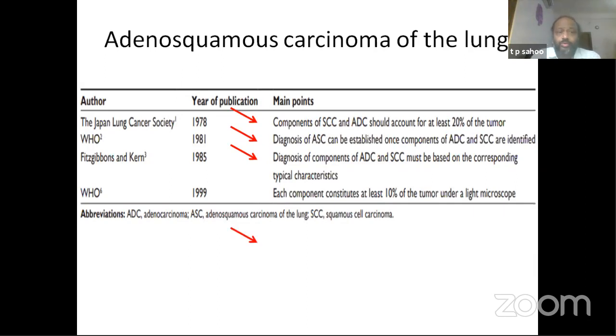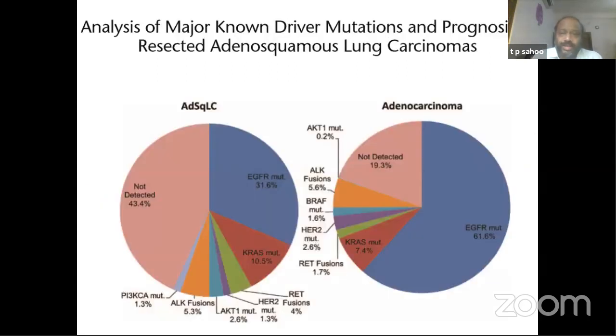But you come back to the WHO 1999, which really stands till now, that you should have at least 10% of the tumor under the light microscope. And this phrase light microscope is important, because if you look at electron microscopy, then this percentage of adenosquamous can go up to as high as 40%. So it's under light microscope, and each of the components, squamous and adeno, should be at least 10%. One could be major, one could be minor, but at least 10% of the tissue should be adeno and squamous. And if I look at it, this is how the differentiation looks for the mutation things